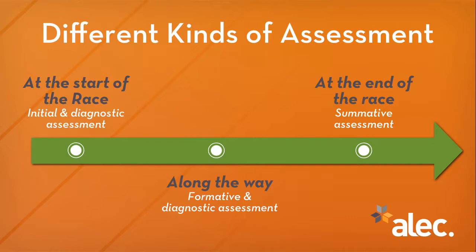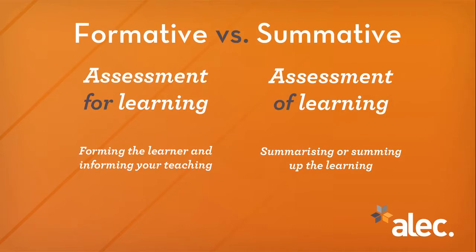So you did some pre-assessment testing, you did some diagnostic testing as part of task 4, and with task 5 you've done some embedded literacy and numeracy training. Those are your literacy and numeracy interventions, and now what we need you to do is assess your learners again. So this is kind of like your second assessment point. It might not exactly be at the end of the race, but it's definitely somewhere along the way for the learner. And just so we're clear on the differences between formative and summative assessment,